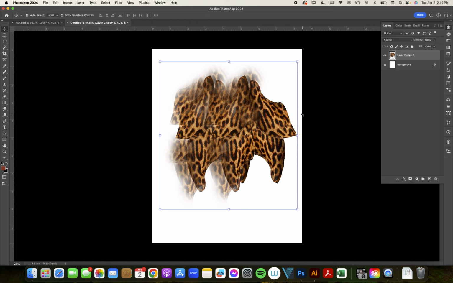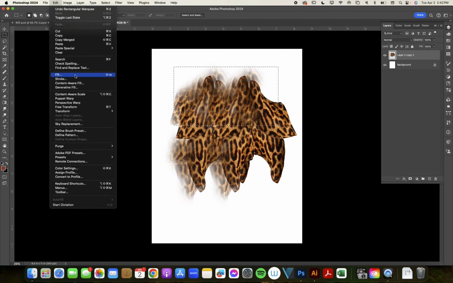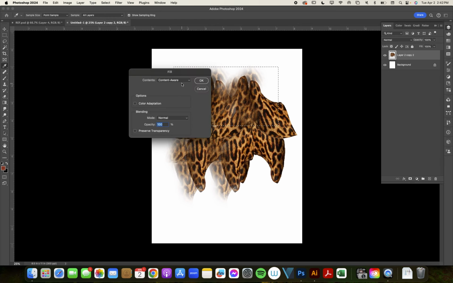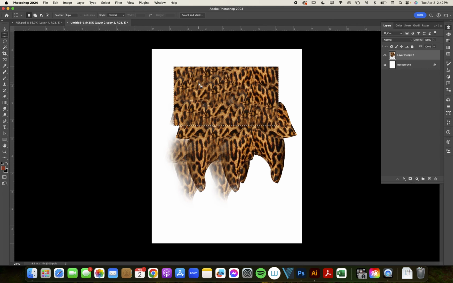By stamping. There's another way to fill in gaps. If you click on the selection, just a square is fine, or a lasso or whatever, you do Shift, Command F5, or you go to Edit, you go to Fill, you put Content-Aware, put OK. It does it for you. I want you to play with this. I want you to start using stamps and fills. Believe it or not,